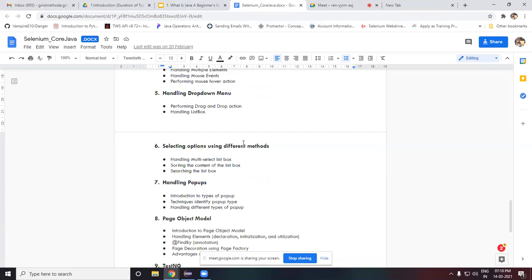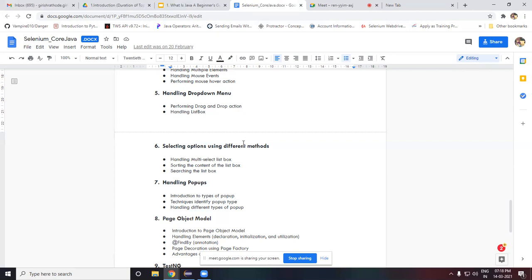We'll be handling that also. Later on, we'll come to drag and drop actions. If there is an element, you have to drag and drop it to the respective target. This again falls under the Actions class, drag and drop.